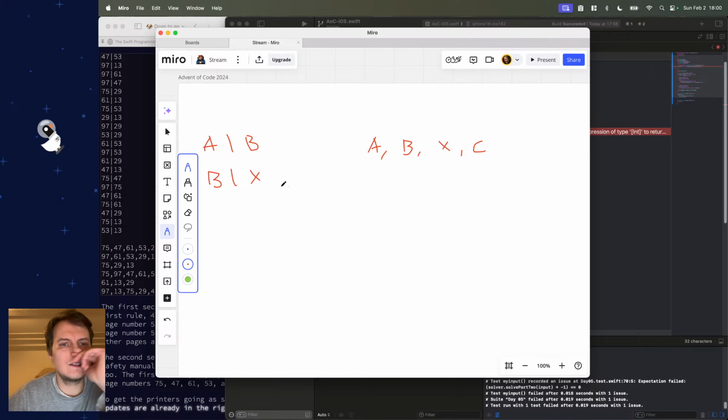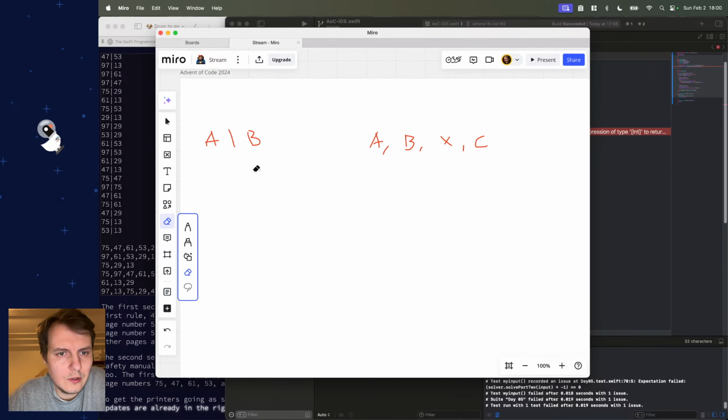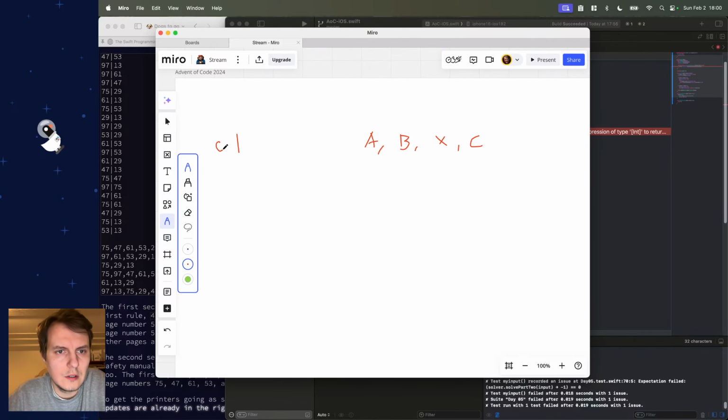So if the only rule we have is, let's say, that C is before B, right? Let's say we have a rule like this. So this is invalid, but if we compare all the pairs, we would find this. If we only compare them next to each other, we would not find that rule. But if we sort it,